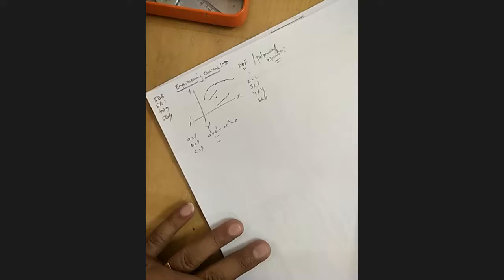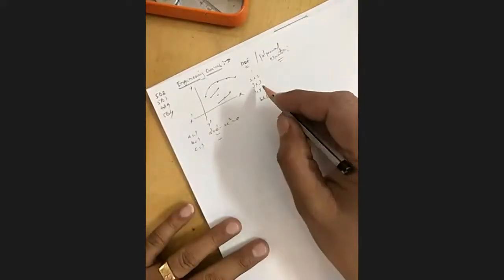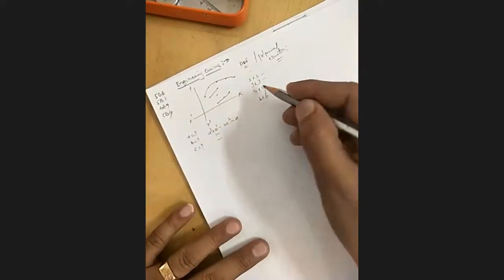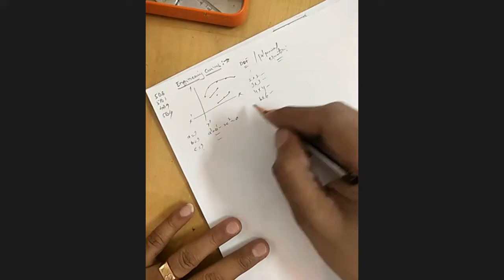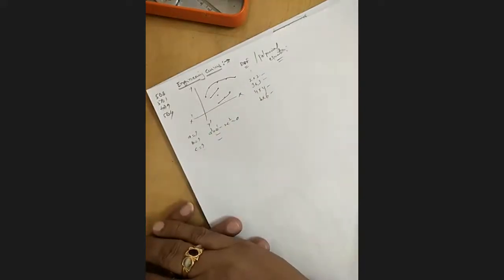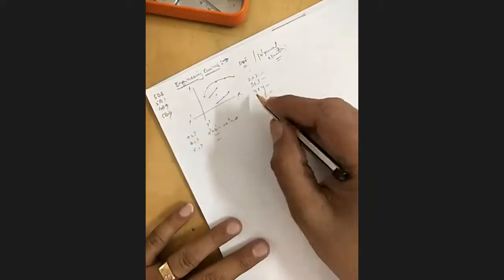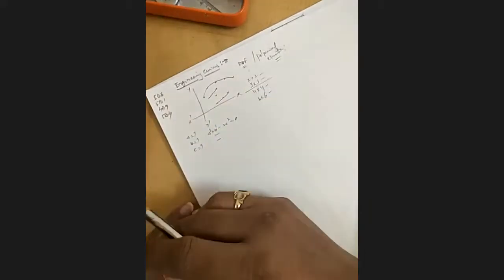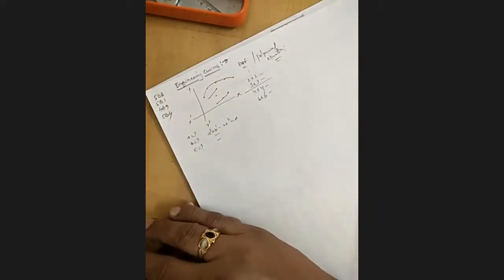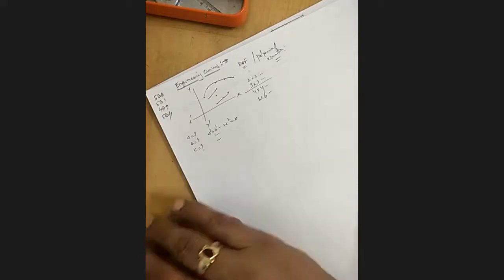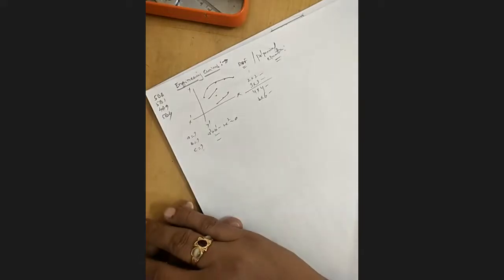Which one is simple? Which one is tough? 2 by 2 is simple, 6 by 6 is tough. Why is it simple? Less number of rows and columns, elements. That's why it is simple. We can solve 2 by 2 easily. Very good, very good.